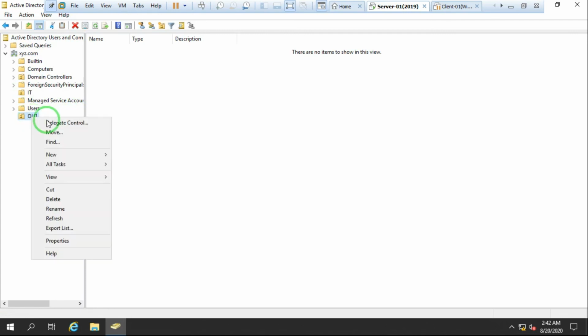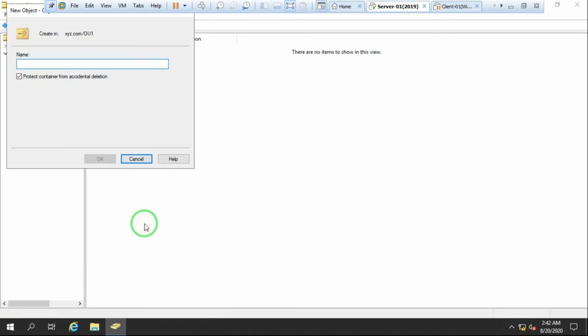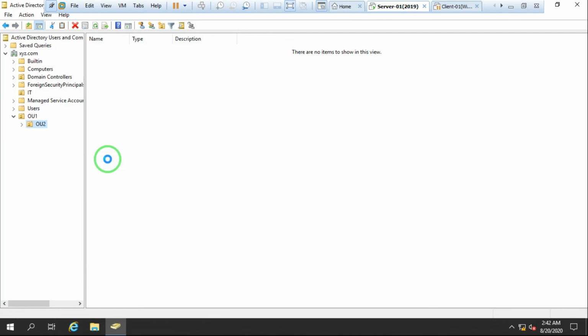Right click on that, click on New, and we have an OU, and this is my OU2. OU2 is running under OU1. As you can see, if I click on OU1, it's showing me OU2 in there. So we can create sub OUs as well.